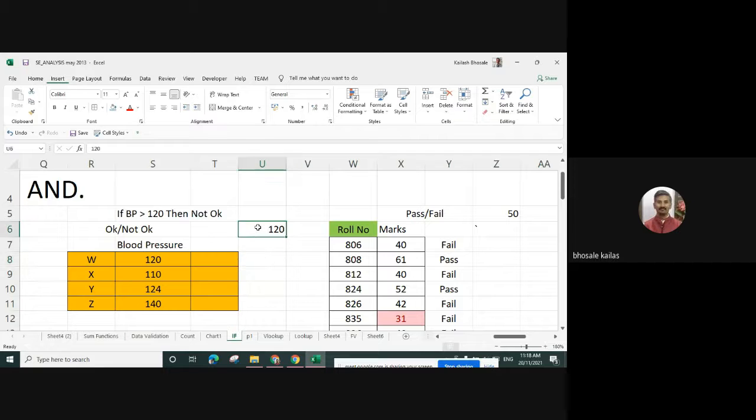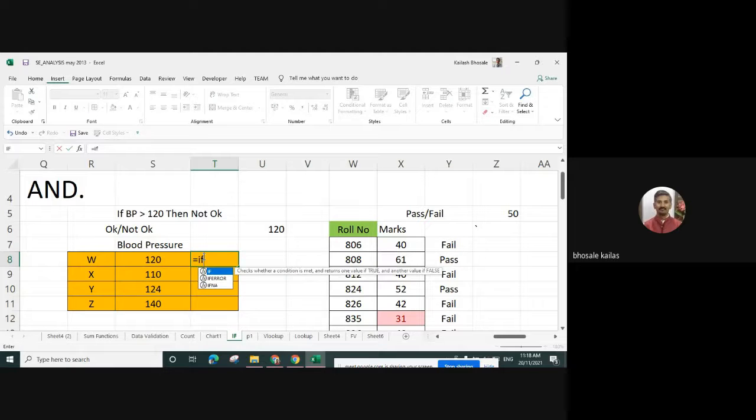What is the use of this 120 here? I will tell you. Suppose तुम्ही इथे 120 लिहिलं. Suppose you write down the 120 here. If this value is greater than 120, then what is the message? It is not okay. If the value 120 पेक्षा मोठी नसेल तर it is okay.